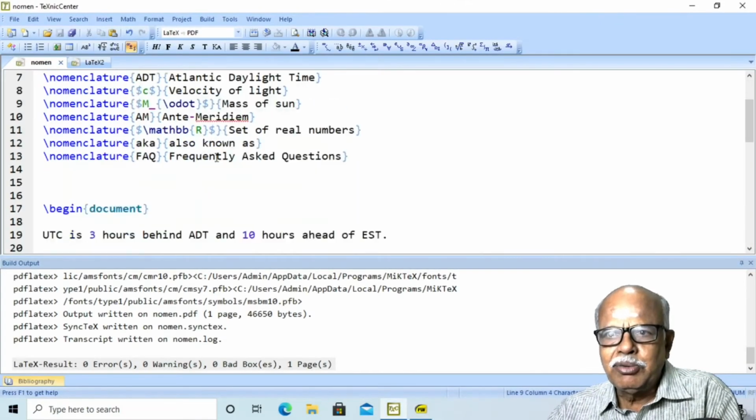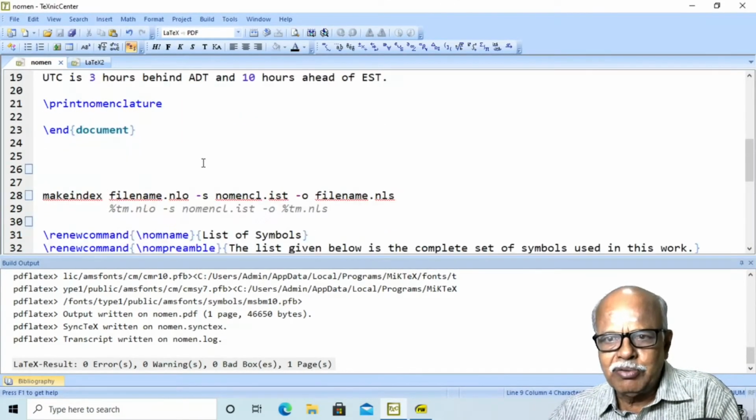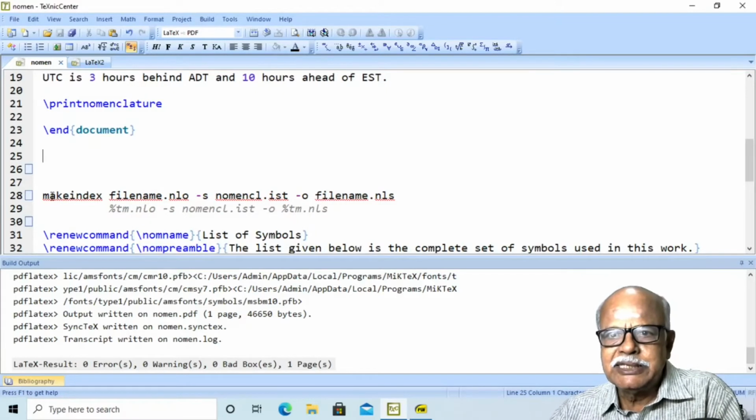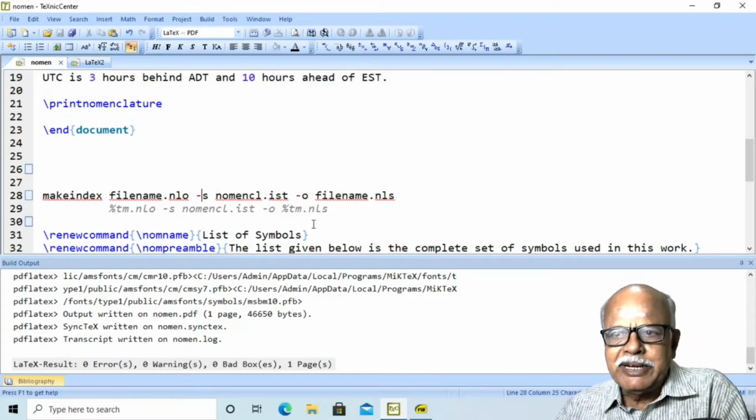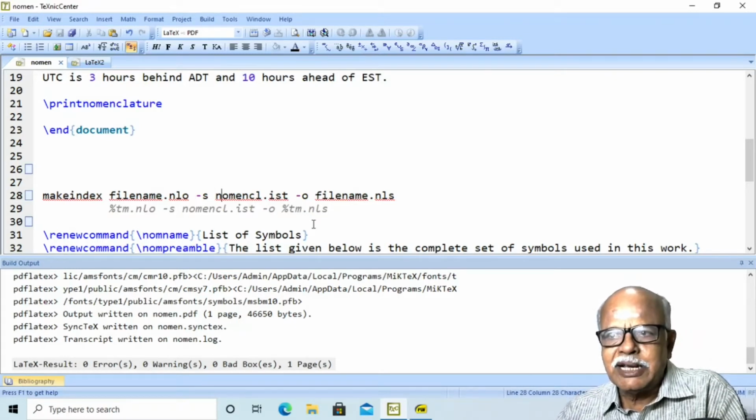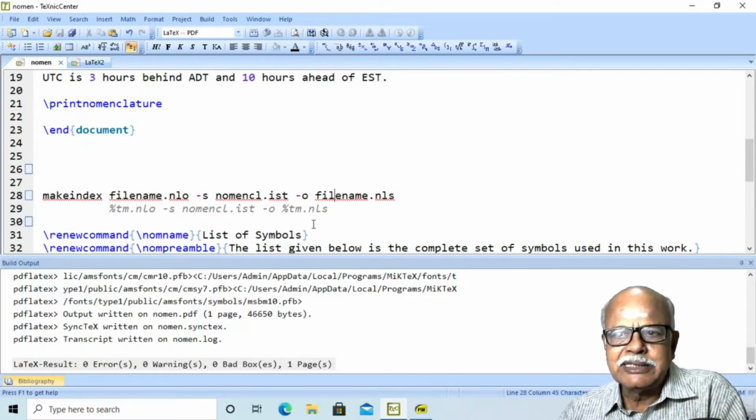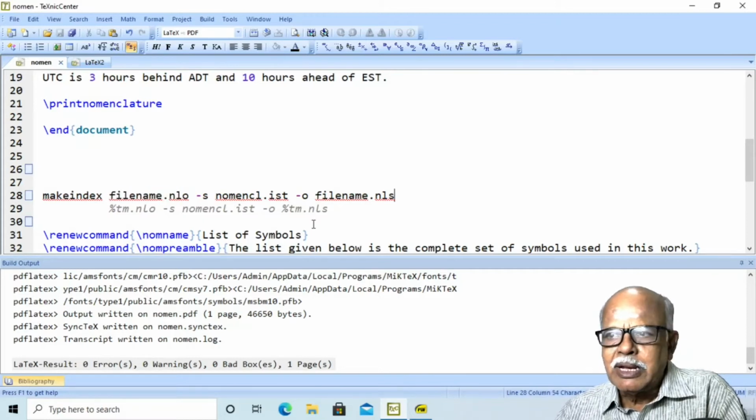The command to run nomenclature is this: makeindex filename.nlo -s nomencl.ist -o filename.nls. This is your input file name and this is your output file name.